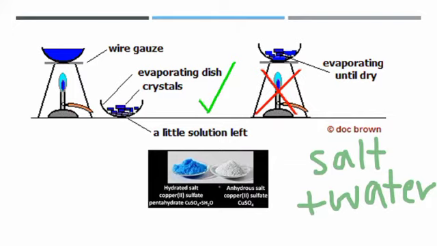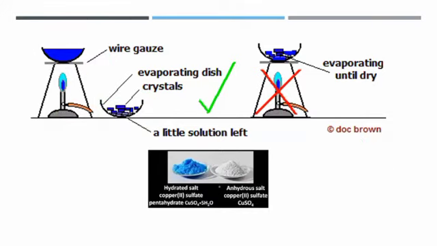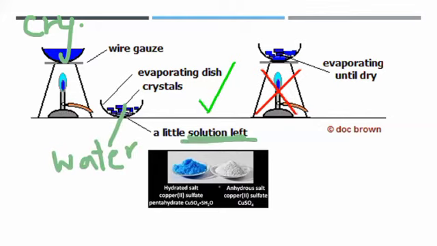Here you have this china dish or any evaporating dish, and you put it on your Bunsen burner. This is your Bunsen burner. And when you evaporate it, you're going to get these salt crystals. This is called evaporation till crystallization. This type of evaporation is known as evaporation till crystallization, when you evaporate it to an extent that some of the water in solution form is left. So you do not completely evaporate it until it's completely dry. You leave some of the water in it, and so crystals of salt are going to be formed.